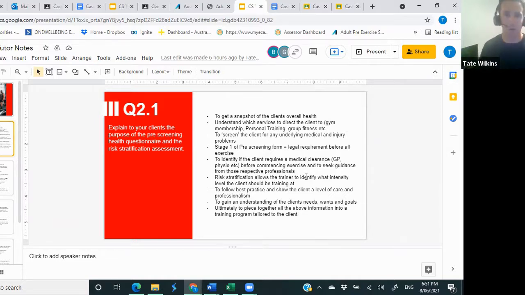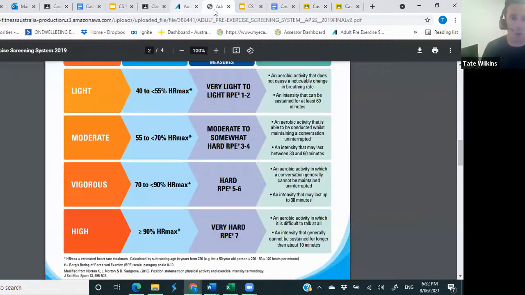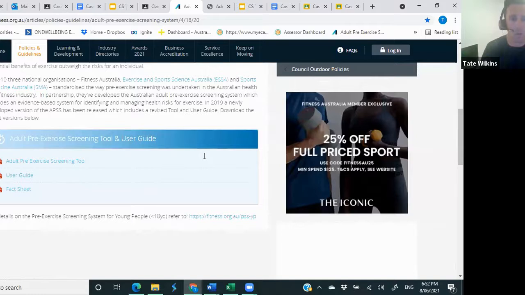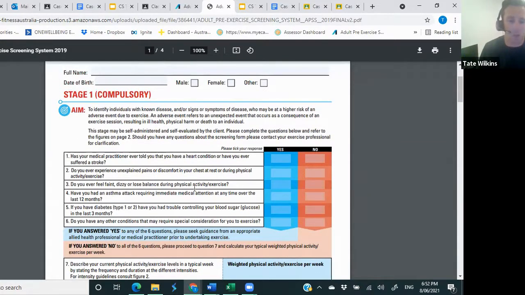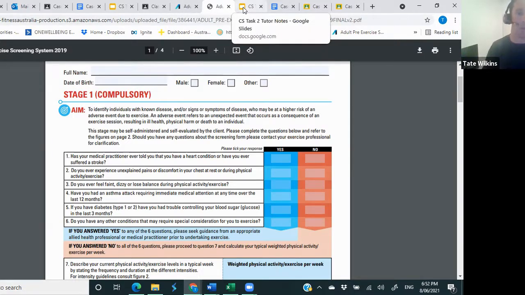Next one is just a legal requirement. So if I show you page 1 of the pre-screening, which is the 7 questions, where you ask the client yes or no. Technically, this one's the 6th one, but yours has 7. Technically, for all clients who are starting any sort of physical activity with you, if you don't ask them those 7 questions, you can be legally held responsible for anything that happens. So as you can see there, it's compulsory. So you can just write down a legal requirement to ask